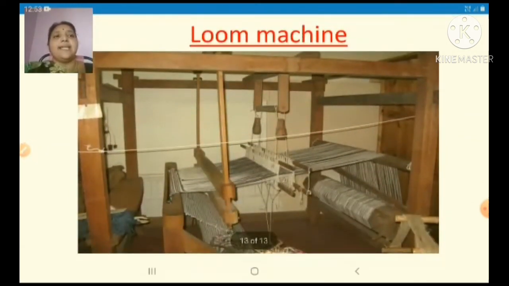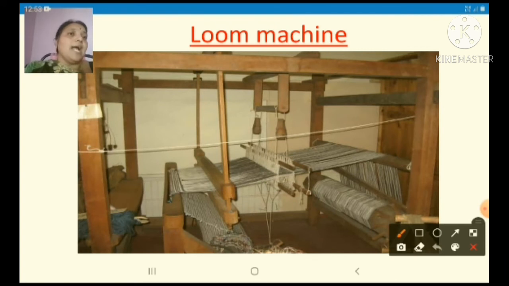So this last slide is the machine, the handloom, which is used in weaving the woolen fabric. Here we will see the parts of this handloom machine. This top to bottom thread, this vertical thread, is called the warp thread, and this horizontal thread is called the weft thread. This weft thread will be going along the warp thread up and down.